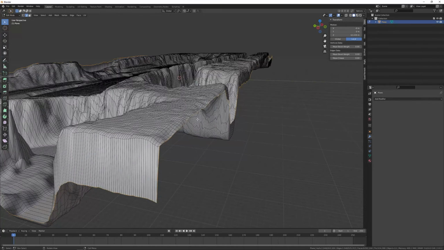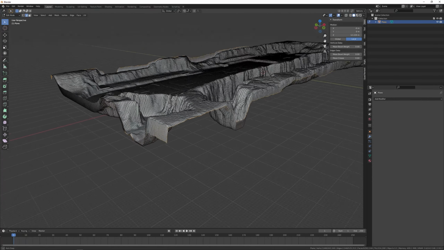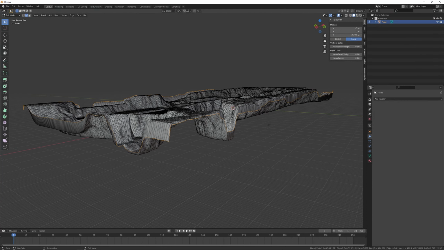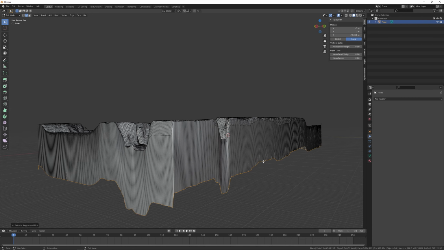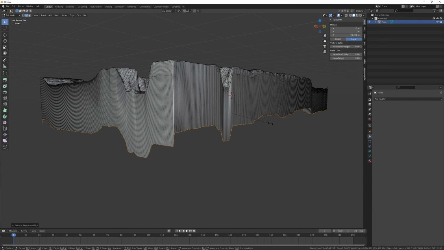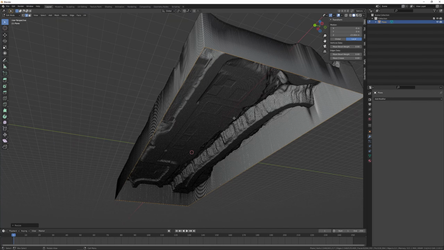So now I have this edge running around the whole mesh. I press E for extrude and Z to lock the extrusion to the Z axis, and I pull down like that. And then I press S for scale and Z to lock the scaling to the Z axis, and I type 0 like that. And with that boundary still selected, I press, no, I was about to create a face. I don't create a face.